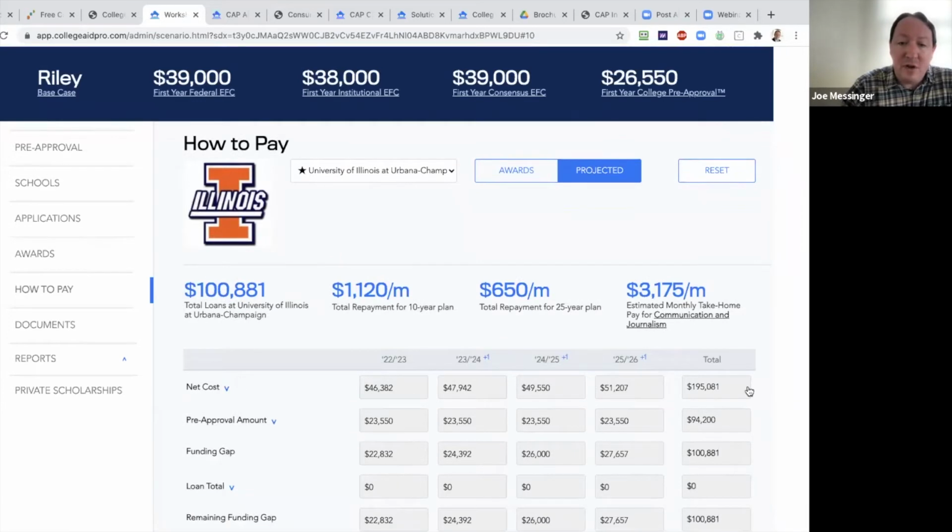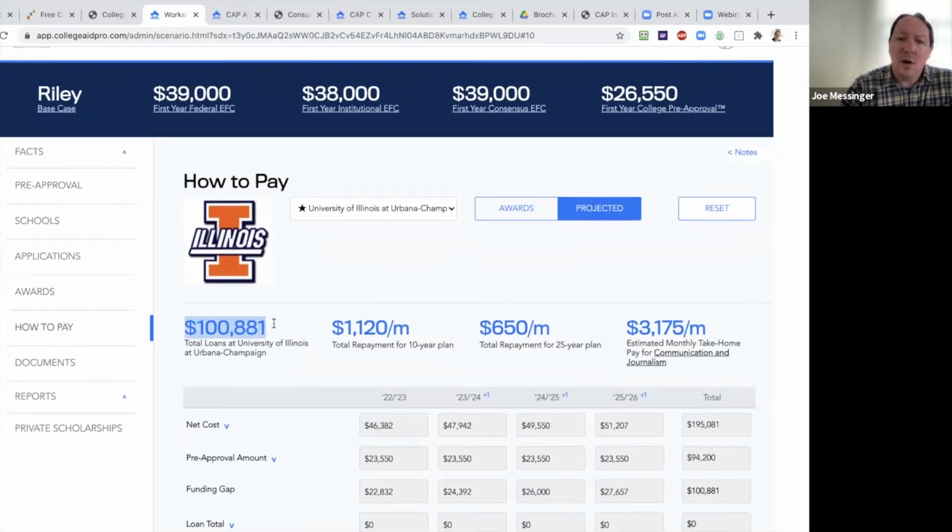Here's what we're looking at. Here's your net cost. Here's what you have budgeted for Illinois. Somebody's going to have to figure out how to pay the delta, the $100,000. So $100,000, these are abstract numbers, right? Especially to a 17-year-old. We don't teach personal finance. This stuff is hard for CFPs, let alone financial planners, let alone the 16-year-old that's never even had a paycheck